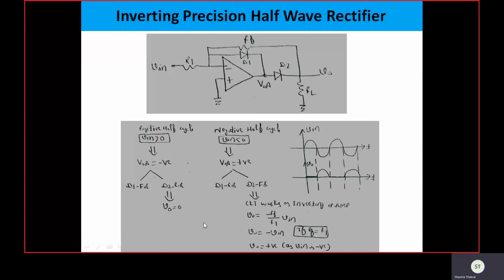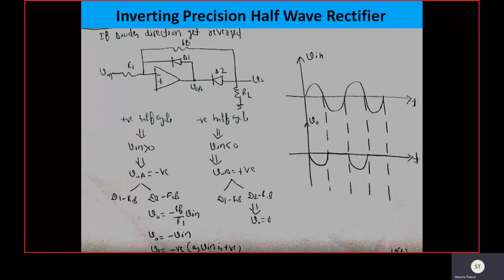And here the problem of saturation and the open loop is avoided. So in this way we can improve the frequency response of the operational amplifier. And let's say we reverse the direction of both the diodes. So the circuit becomes like this, and in this case when the positive half cycle comes, means V input is greater